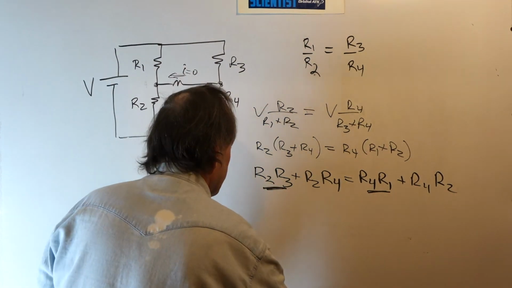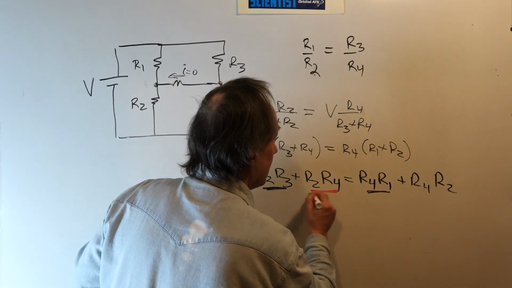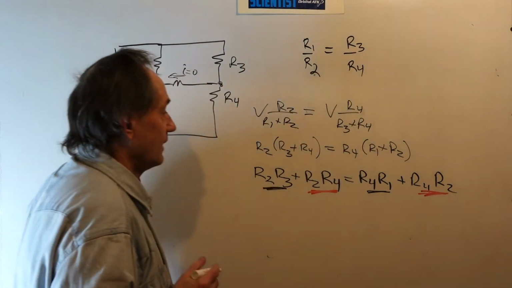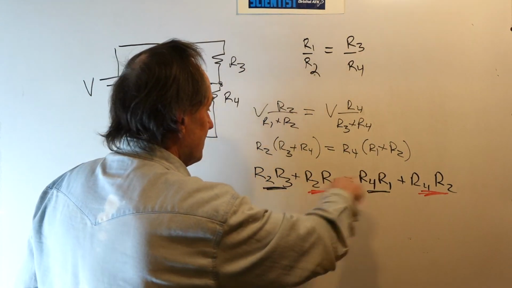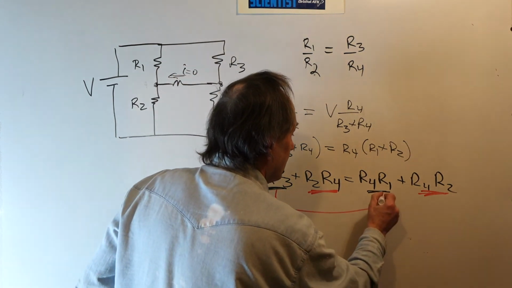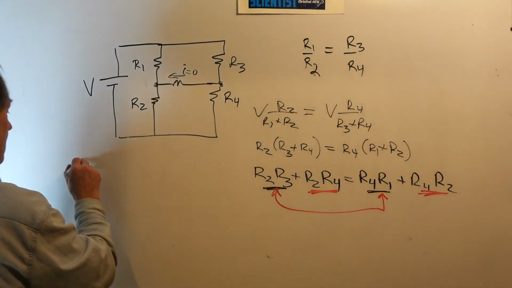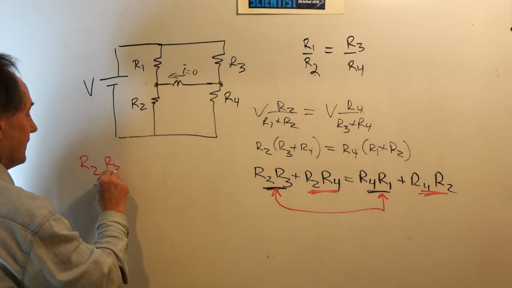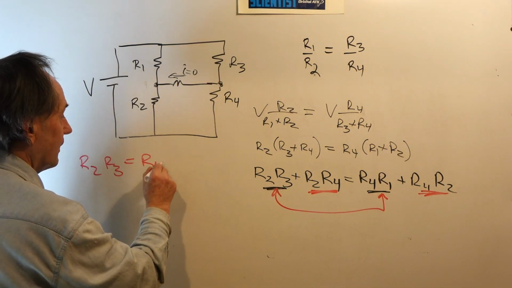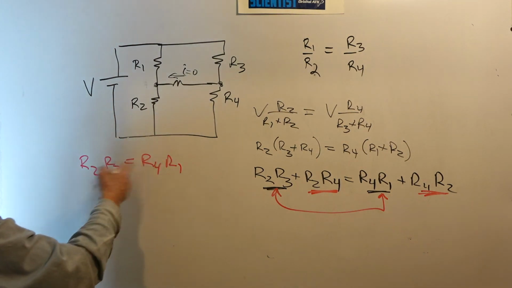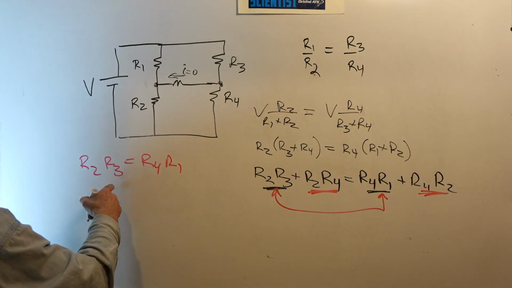See, this and this are the same. So for this equation to be equal, I have to make these two products the same. So we have R2, R3 equals R4, R1. Cross multiplying, then we can write